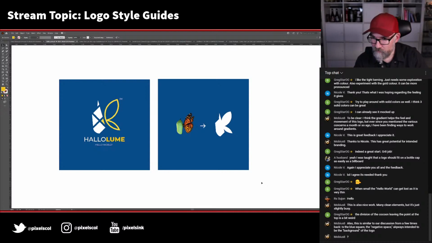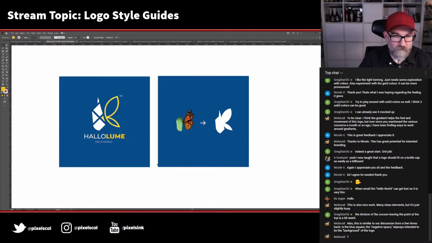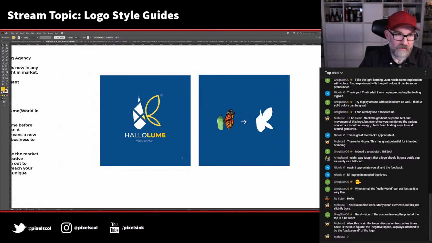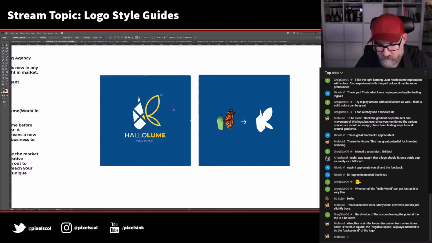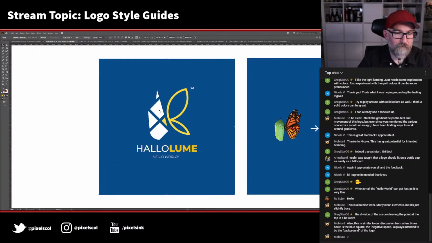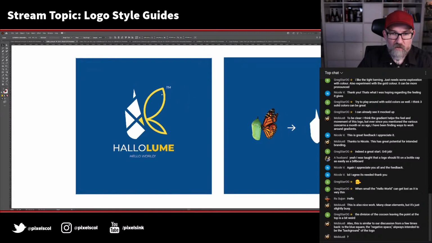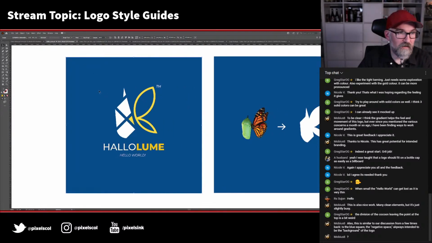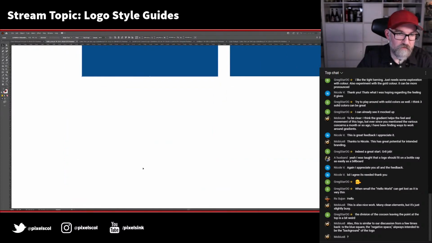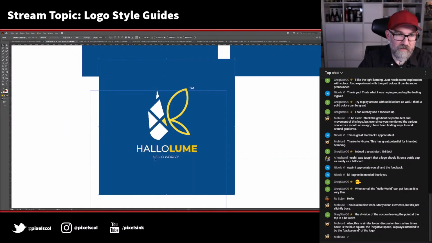Mobius also says, this is similar to our discussion from a few times back. Is the blue square, the negative space, always intended to be in the background of the logo? That's a good point, because if that is the case, then there's a lot of blue going on and the logo's fairly small in the middle. Unfortunately, these are JPEGs. I wasn't given an EPS version, and this is all I have, so I'm not entirely sure. But what we could do is take this and